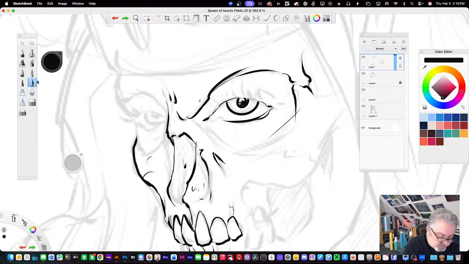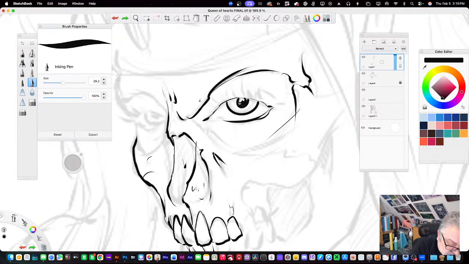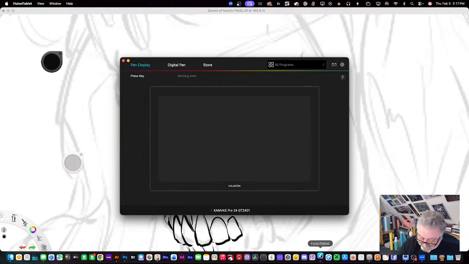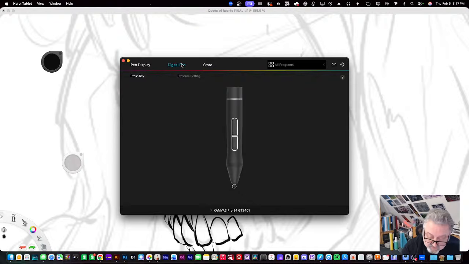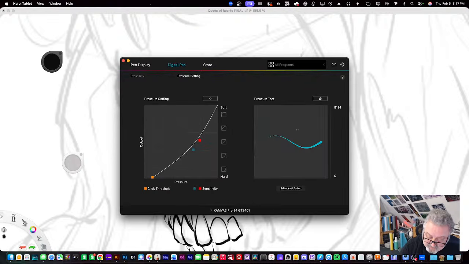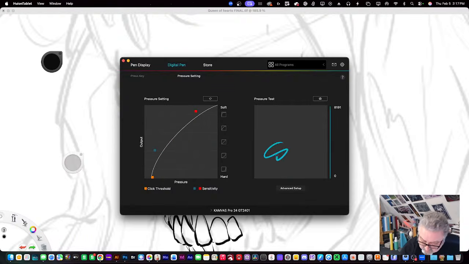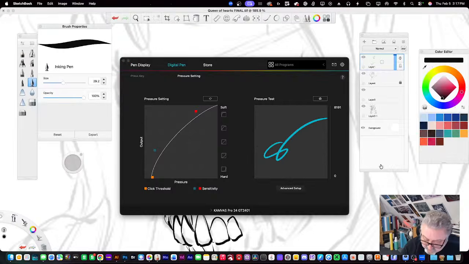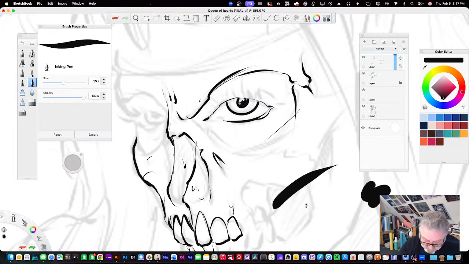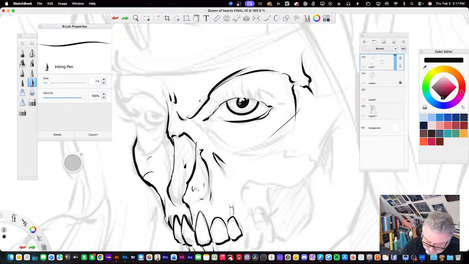And these, you know what? I don't like the way this is tailing off. Yeah, I'm going to go there. Oh, I think my tablet, I haven't set my tablet settings in a while. Digital pen, pressure setting. Sorry, this is a little... Okay, I'm just messing with the settings. Just see. There we go. Now it's a little better.